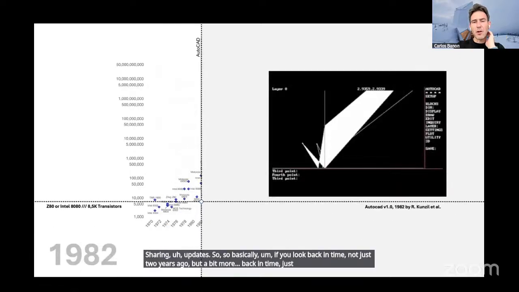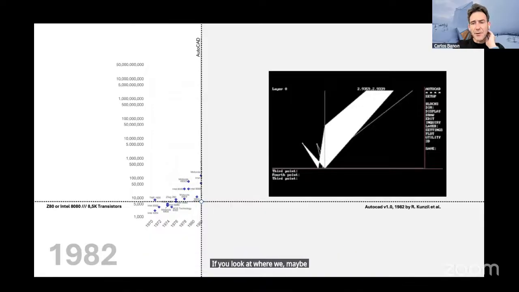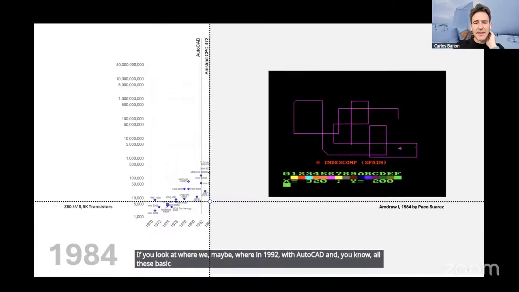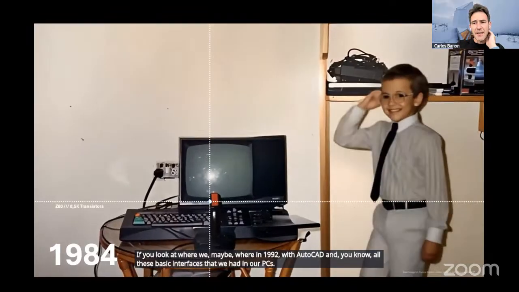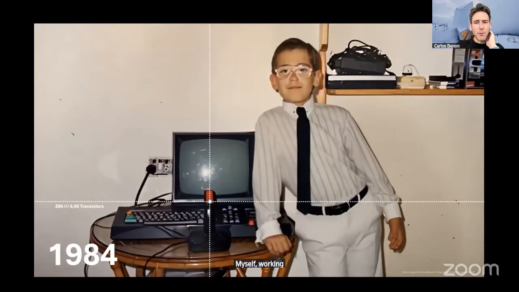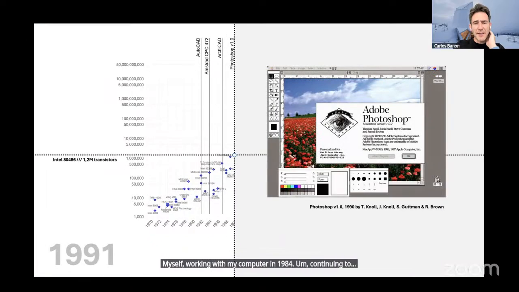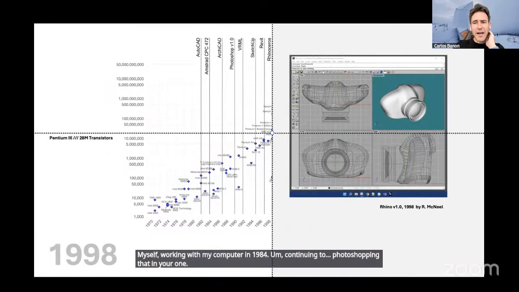So basically, if you look back in time, not just 2 years ago but a bit more, just to give some context, today I'm going to talk about interfaces. If you look at where we maybe were in 1992 with AutoCAD and all these basic interfaces we had in our PCs, myself working with my computer in 1994, continuing to Photoshop in 1991, 1998 for Rhino.